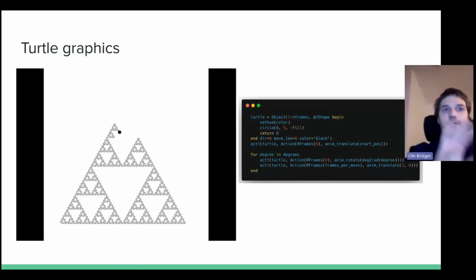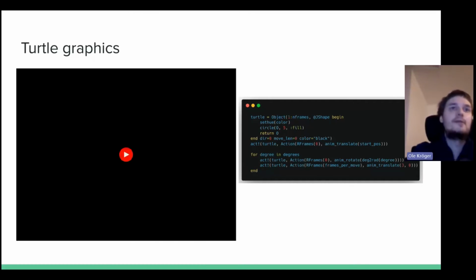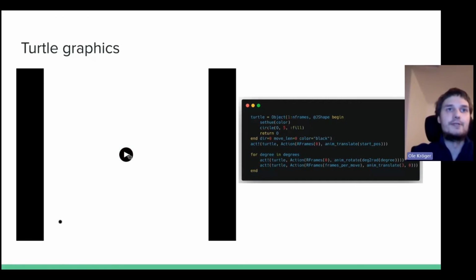So everything that comes out here is easily visualized by a pen plotter, for example, to draw the Sierpinski triangle, or an approximation of the Sierpinski triangle here